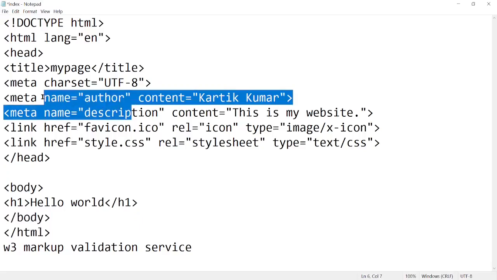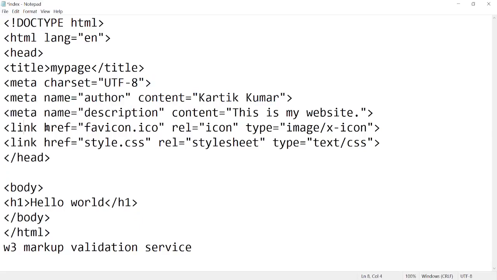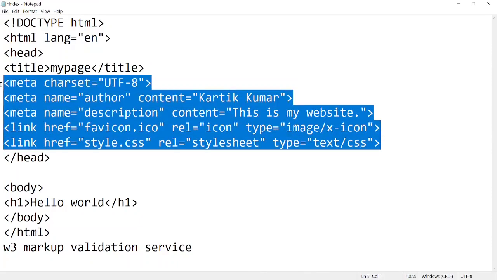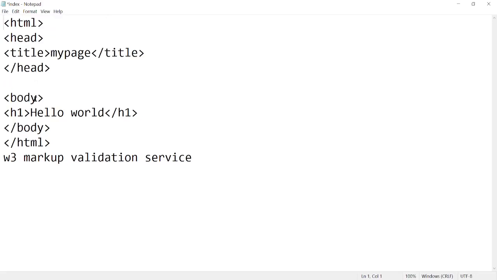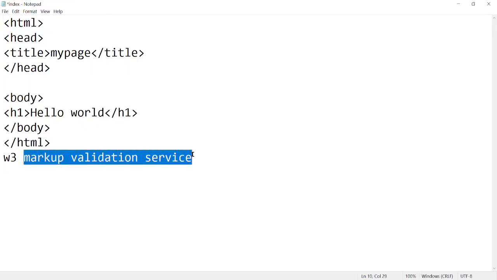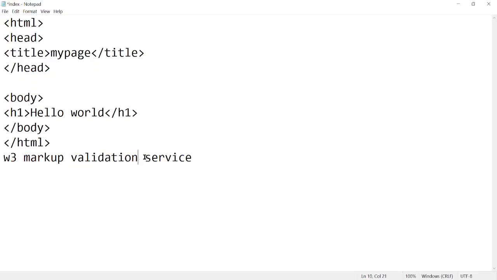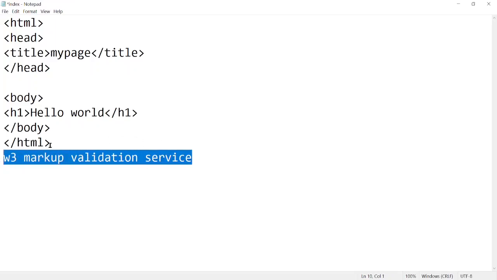If you haven't included these things, it will show you no error. But if you remove things, for example the lang attribute, the doctype HTML, then it will show you not a single error but multiple errors, that you have not included those things that are necessary for your website to run well. So you can use the W3 markup validation service website on which you can check your HTML.